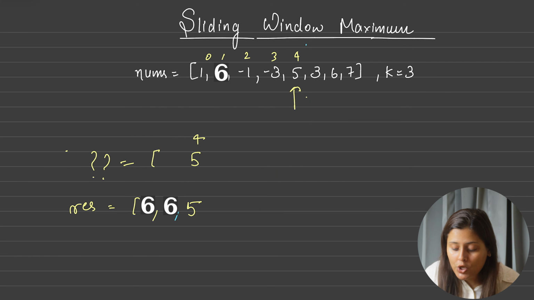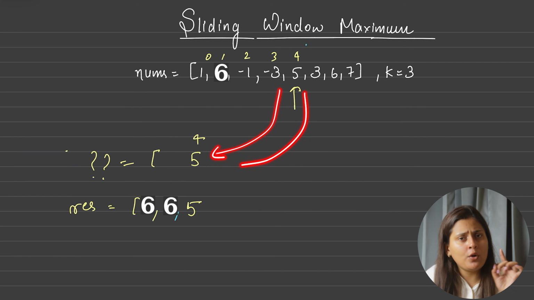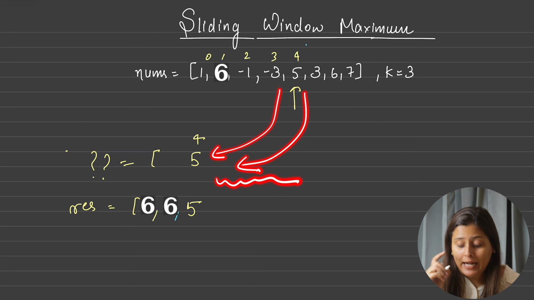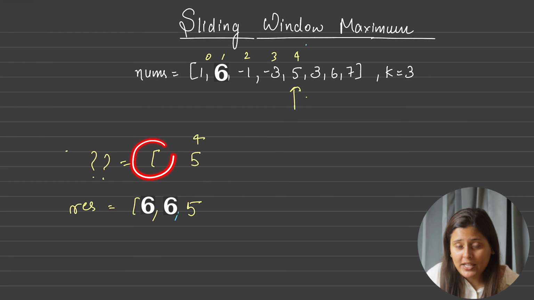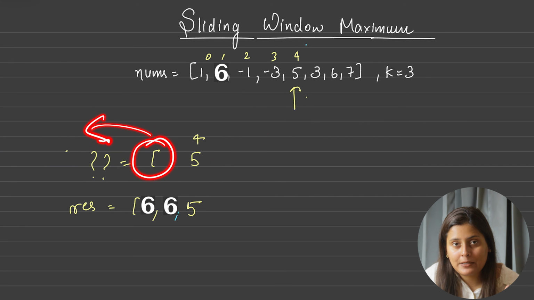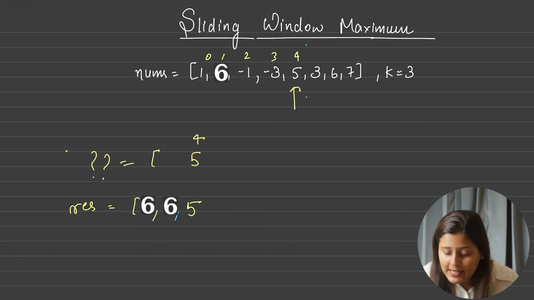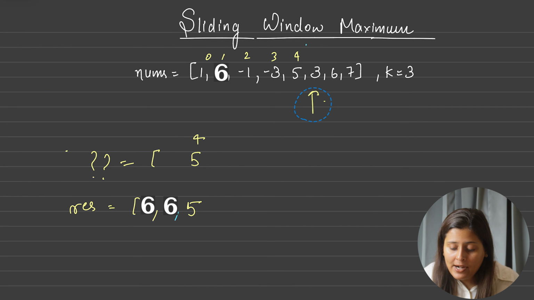Why? Because you just saw, to insert at last I am taking only O(1) time complexity, because after that no rearrangement is needed. Now for popping also I have taken only O(1) time complexity, and hence it is a far better option than the heap data structure. After that I will move this to this, and obviously this is at index 5, but if you can see, this is 3 and this is lesser than 5.